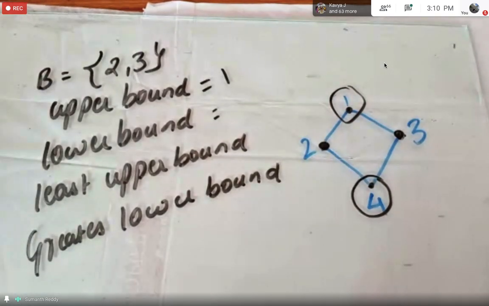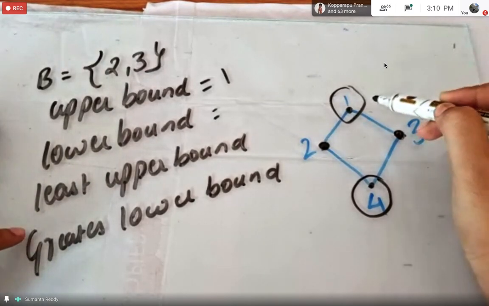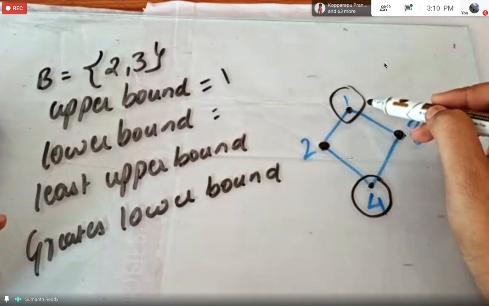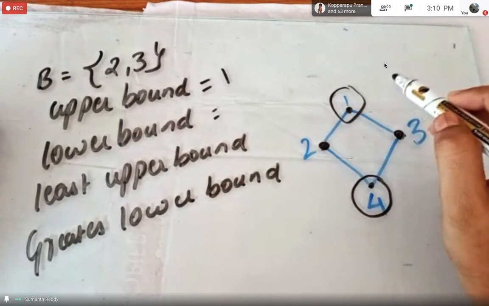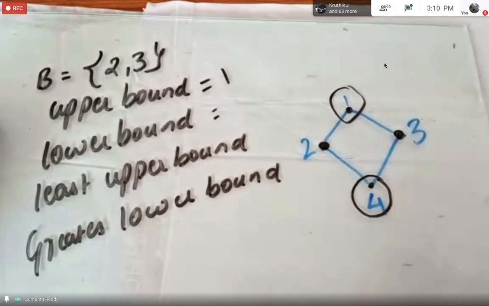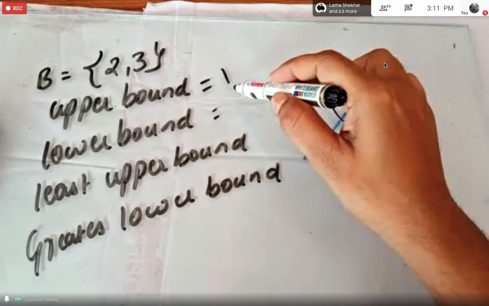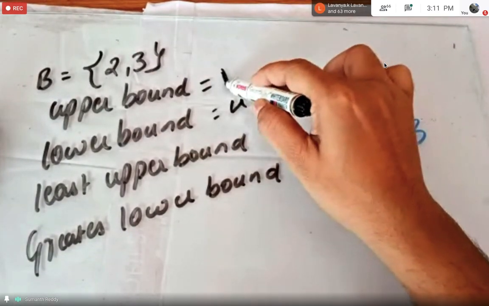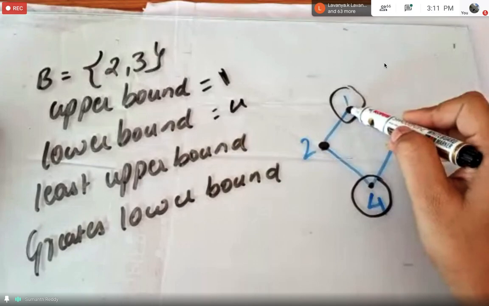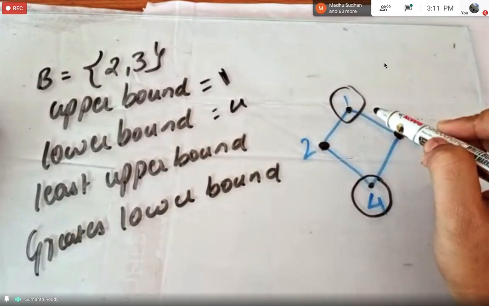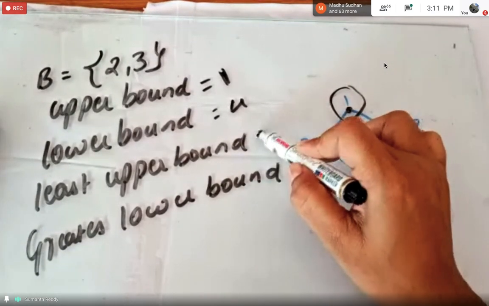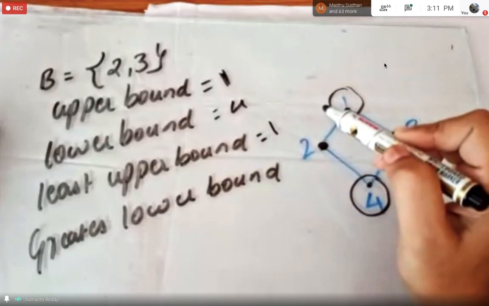But in simple words, in this example, we have only one upper bound element. So when you are finding the least upper bound element, I will tell you the definition. Among all the upper bound elements, which is the element that is related to the other upper bound elements? As I'm telling you, in this example we have only one upper bound element, that is 1. Obviously, we know that in the Hasse diagram, every element is related to itself since it is reflexive. So here the least upper bound will also be 1.